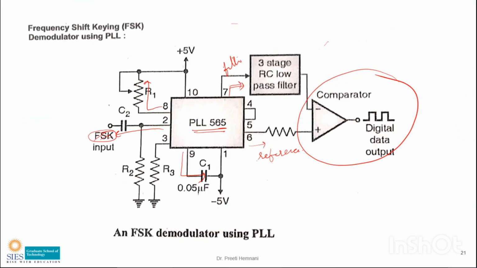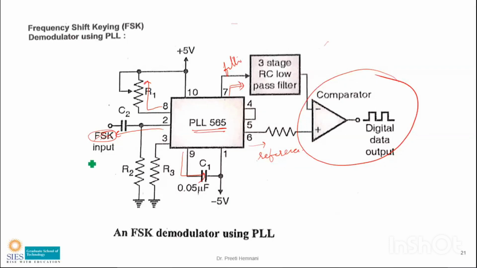So if I explain it in this way, this is the PLL. What is extra here, what we can see in the functional diagram, is the capacitor coupling at input 2. This capacitor coupling C2 is used to remove the DC level. Whatever DC level is at the FSK input, it removes, so it will give you only the FH or FL frequency, right? So this will give you the signal without DC.